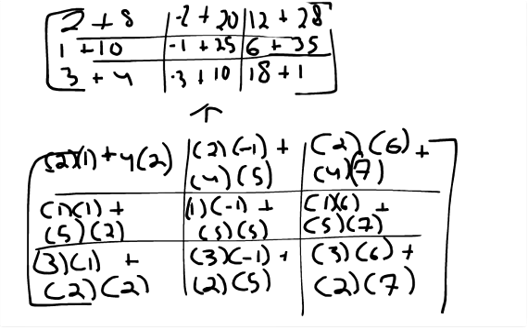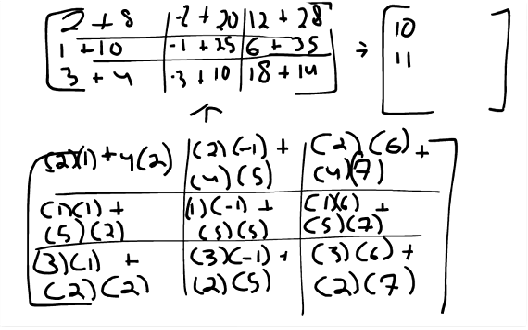Alright, so now our final matrix, our simplified matrix, would be 10, 11, 7, 18, 24,